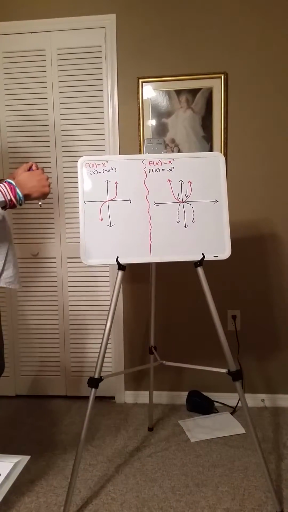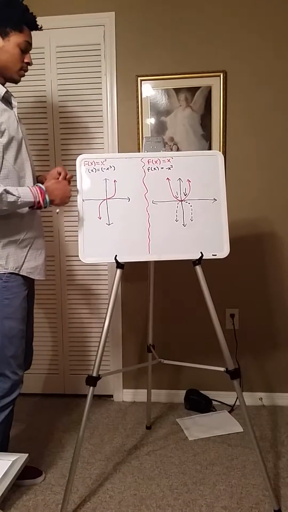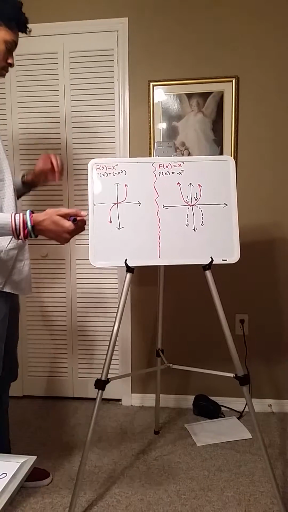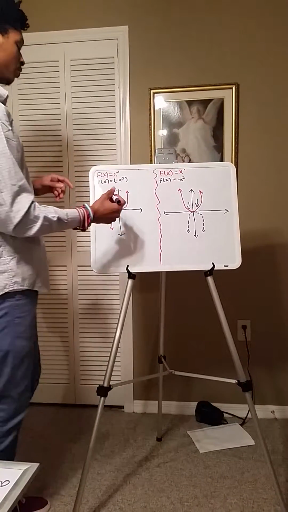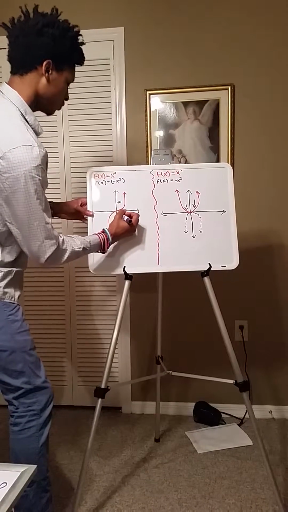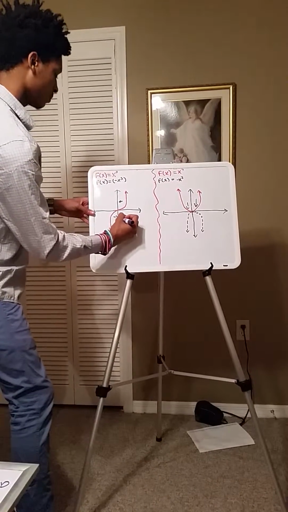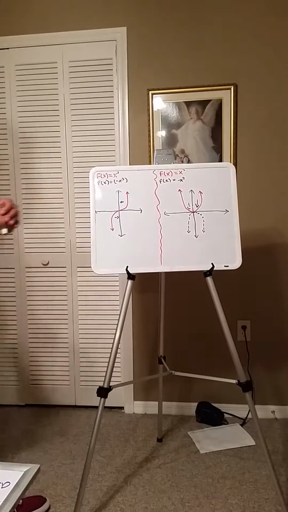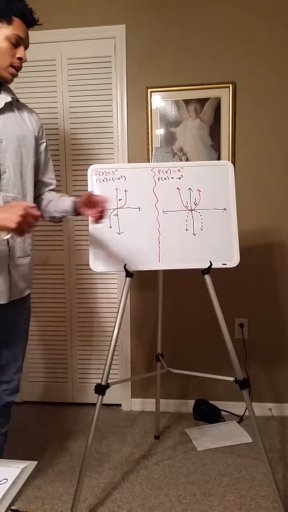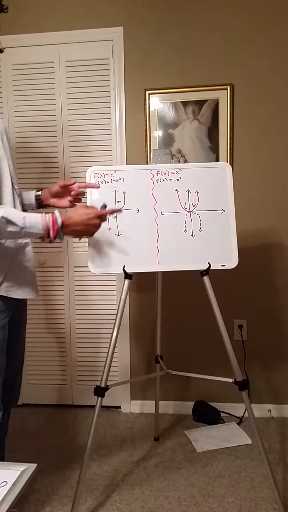Now, you always have to keep in mind if the negative term is inside parentheses, then that's how you'll know it will be along the y-axis. And also, when you reflect along the y-axis, you move your graph this way. And keep in mind, if you were to reflect a parabola, which is this graph right here, over the